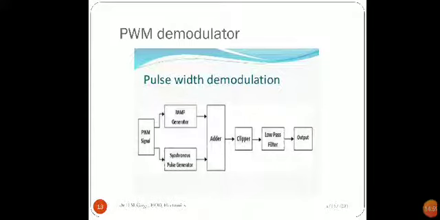PWM demodulation is a bit complicated if you compare it with the PAM. So this is the drawback. Here the PAM signal is applied to the ramp generator as well as the synchronous pulse generator. So a ramp is generated, which is added in the synchronous pulse generator. So these two outputs will form a simple